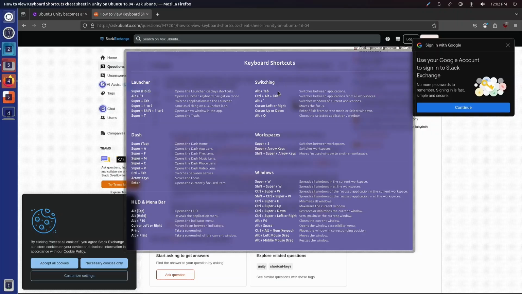Switches the windows of current applications. Cursor left or right moves the focus up or down. Alt plus Q closes the selected application or window. Okay, so Super plus S switches between the workspaces, and you can also combine it with the arrow keys. And Shift plus Super plus arrow keys moves the focused window to another workspace.